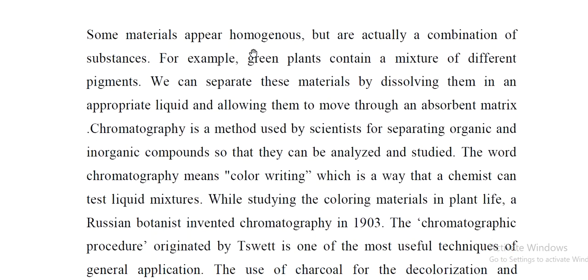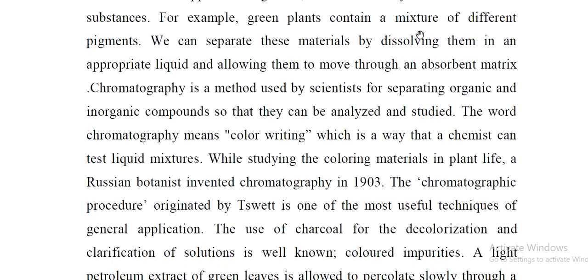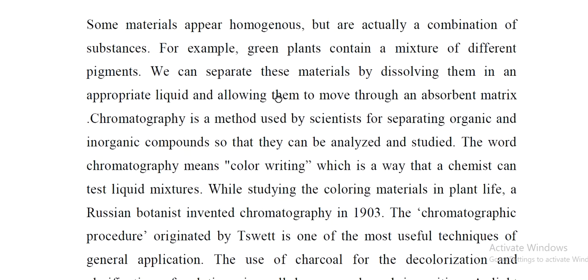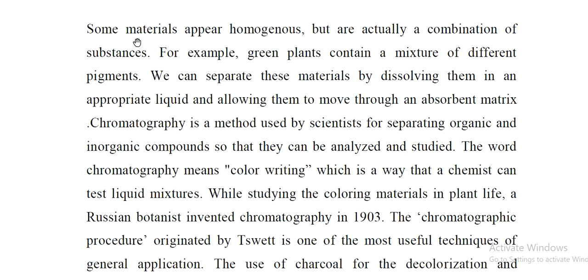Some materials appear homogeneous but are actually a combination of substances. For example, a green plant contains a mixture of different pigments. We can separate these materials by dissolving them in an appropriate liquid and allowing them to move through an absorbent matrix. هذا كintroduction للكروماتوغرافي. بعض المواد تبين هي كخليط متجانس، فشون ممكن نفصل بين مادة ومادة من خلال تذويب هذه